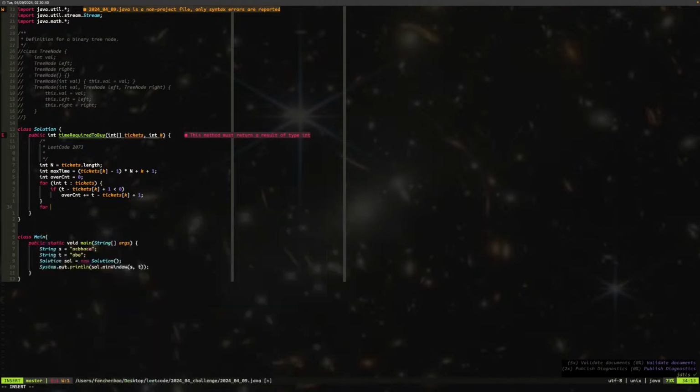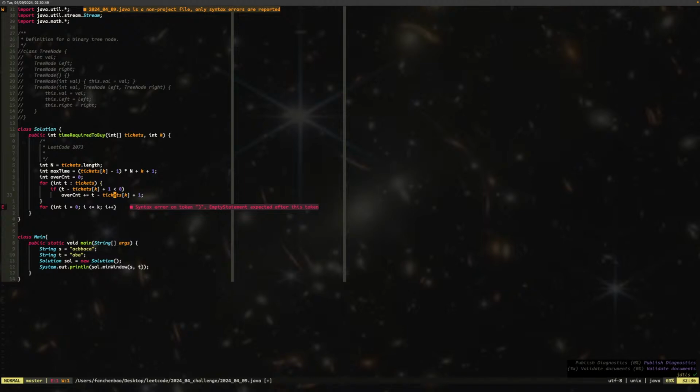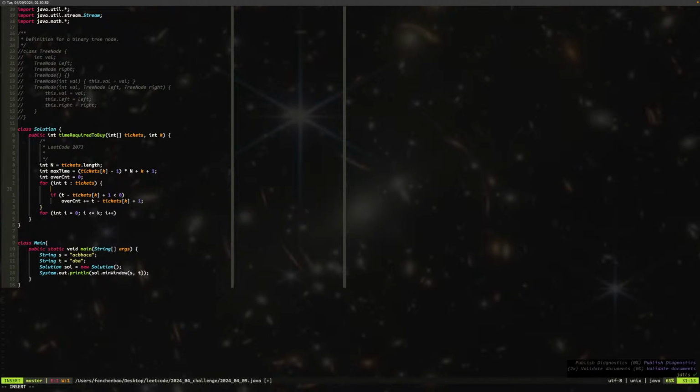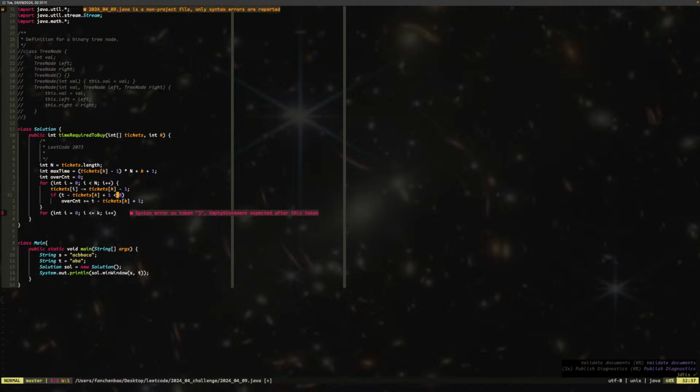Then we do another round for int i equal to 0, i smaller equal to k, i plus plus. Ooh, oh, my bad. All right, this is completely wrong. Int i 0, i smaller than n, i plus plus. And we should say tickets i minus equal to tickets k minus 1. Then we say if tickets i is smaller than 0, then we'll plus equal to